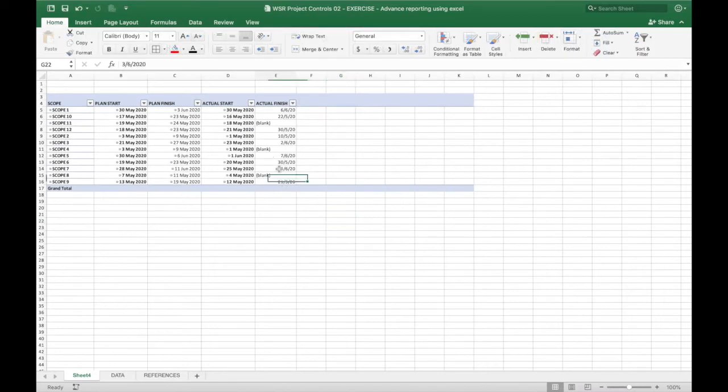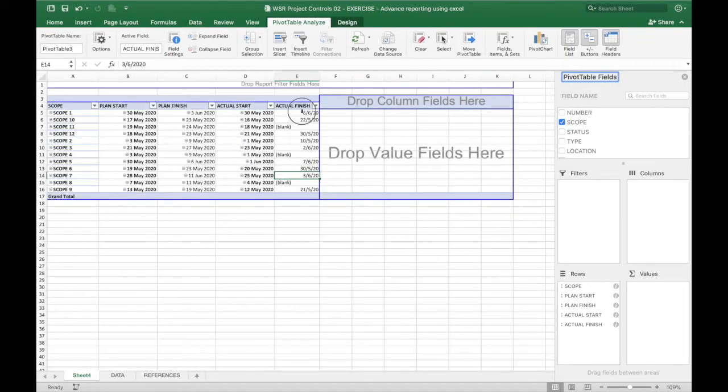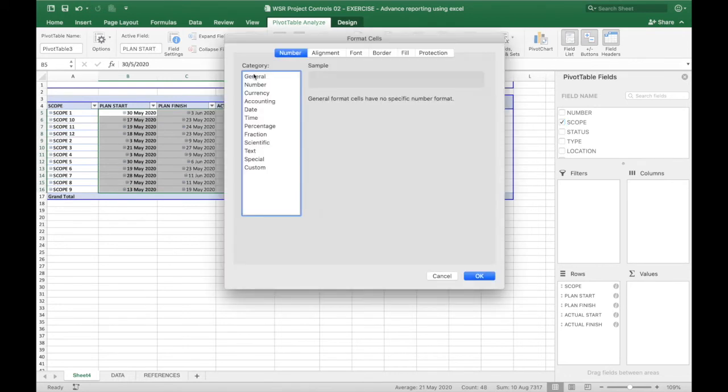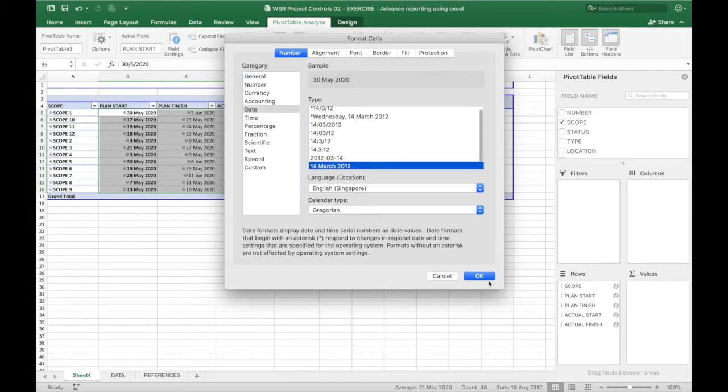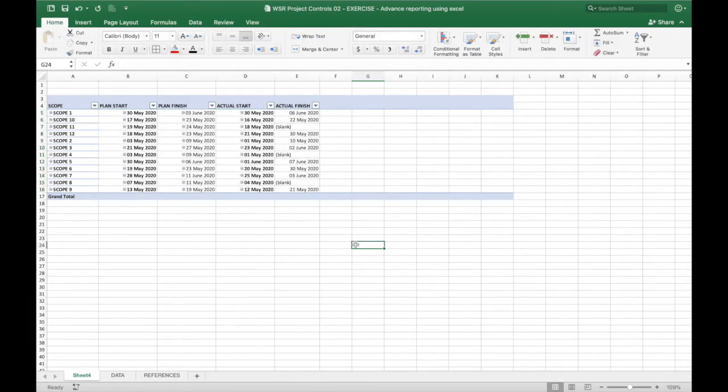Right. So there we have it. So next item that we need to clean up is this one. Make sure that the dates are showing the full ones. Yeah. So this is important. I control one or right click, then you click on dates, then you click on this. There we have it. So now it's showing all the things that we would need for us to do an